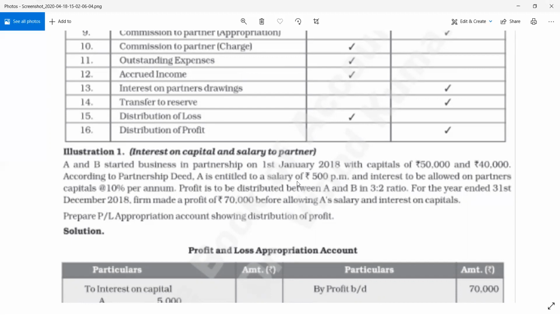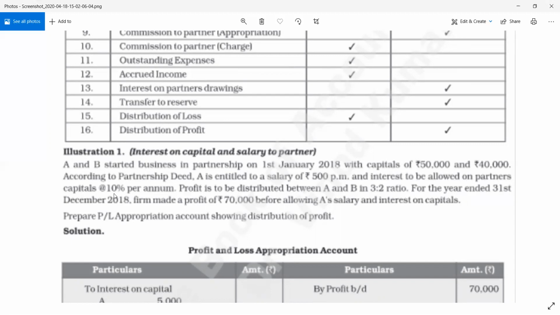According to partnership deed, A is entitled to a salary of 500 per month. A को मिलेगा सैलरी, पार्टनरशिप डीड में बता दिया कि A को सैलरी देना है 500 रुपीज पर मंथ। दैट मीन्स ईयर में कितना हुआ, 500 into 12, 6,000 रुपीज। A को सैलरी एनुअली हम लोग को 6,000 देना है।